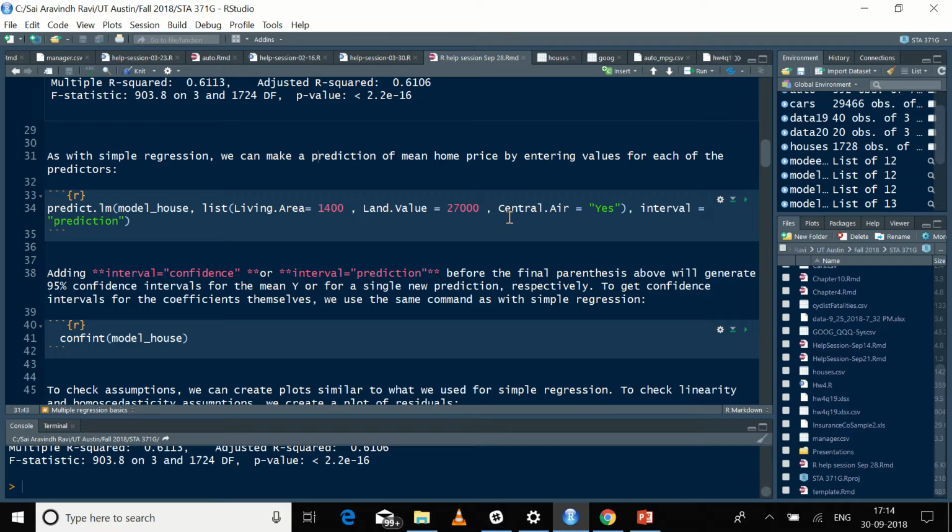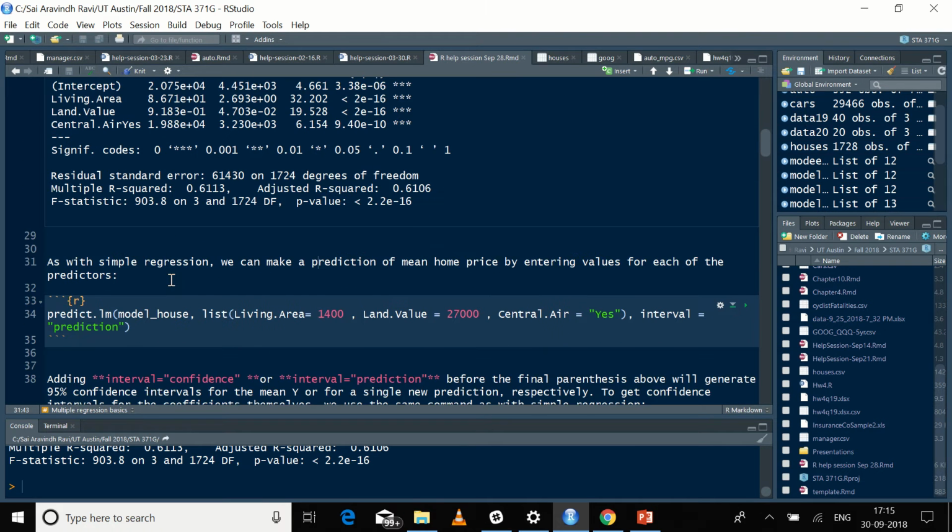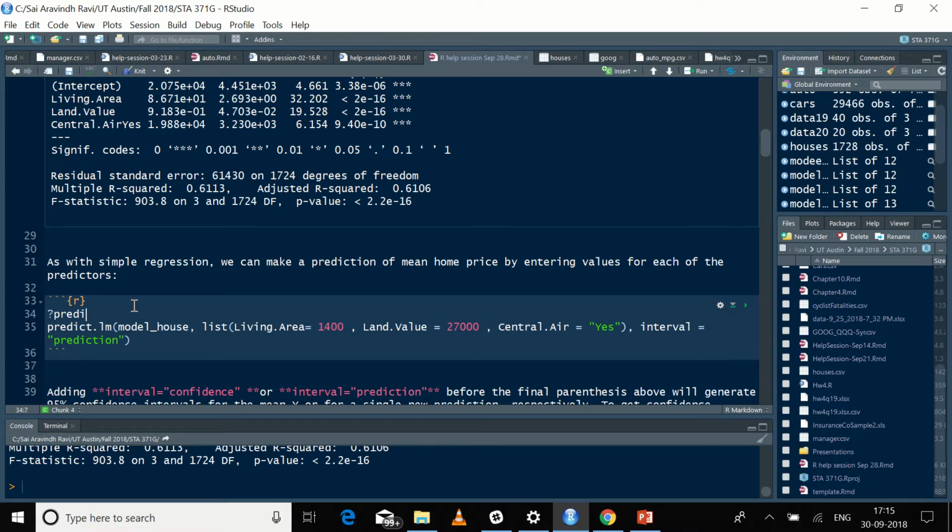Now, as we did with simple linear regression, we can use the predict.lm statement to find the mean home price by entering values for each of the predictors. So suppose I want to know the price of a house that has a living area of 1,400 square feet, a land value of $27,000, and has a central air conditioning unit. I can use the predict.lm statement. Because I've already built the linear model and named it model_house, I call that model and I type in a comma. So how the predict.lm statement works is